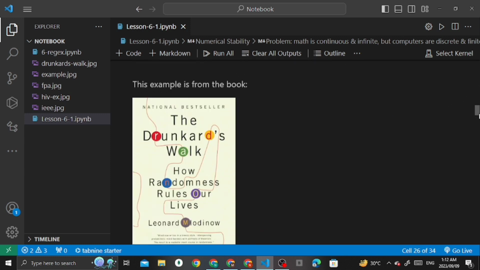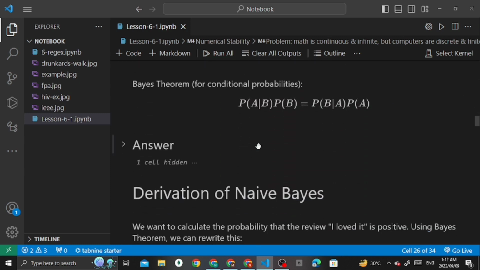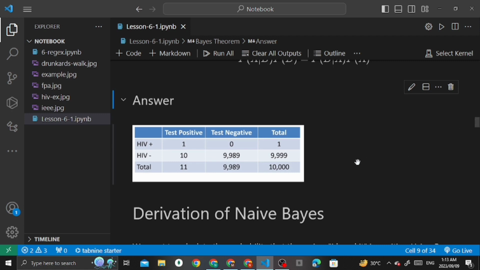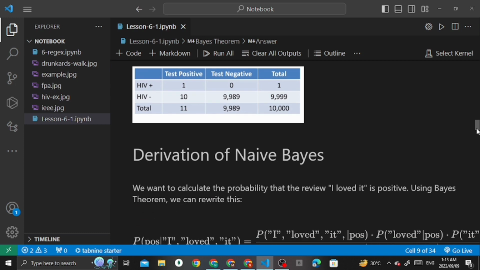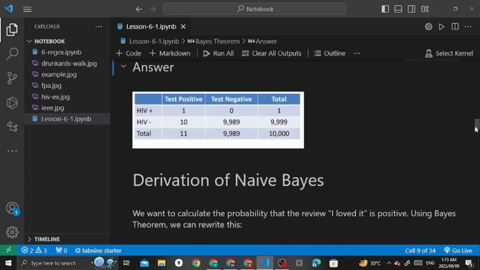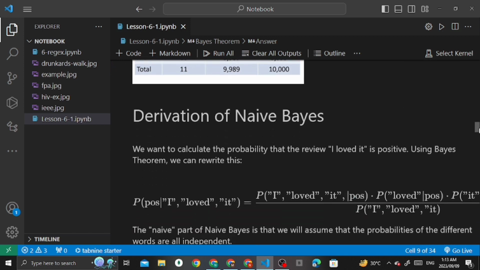let me show you the answer. So the answer was actually 9%. See here, it was actually 9%. Not that difficult. If you solve it, you will get what was happening there, and it is really simple. See, test positive, test negative, and then the total: if there are 10,000 people, we put them in buckets, and you can just solve it like this and calculate it. It will be really easy.